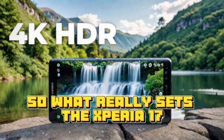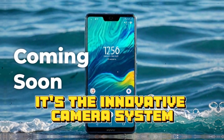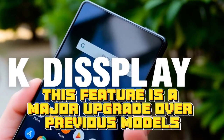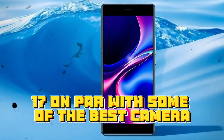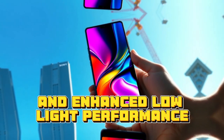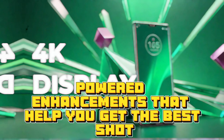So, what really sets the Xperia 17 apart from its competitors and previous models? For me, it's the innovative camera system, which includes a new periscope lens that allows for incredible zoom capabilities. This feature is a major upgrade over previous models and puts the Xperia 17 on par with some of the best camera phones on the market. The image quality is superb, and I'm loving the new features like advanced portrait mode and enhanced low-light performance. The software also plays a big role in this, with AI-powered enhancements that help you get the best shot every